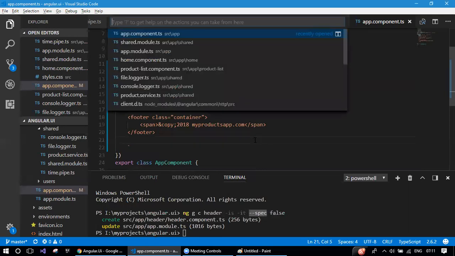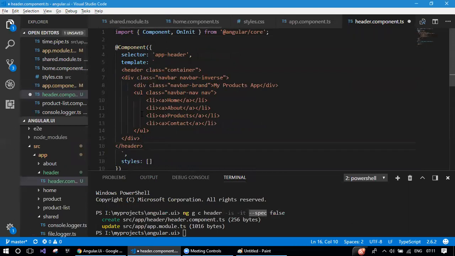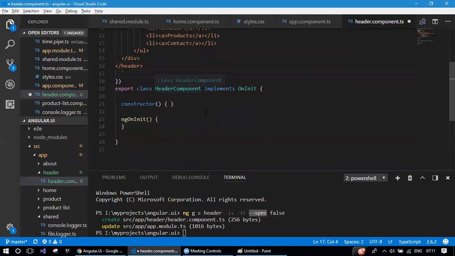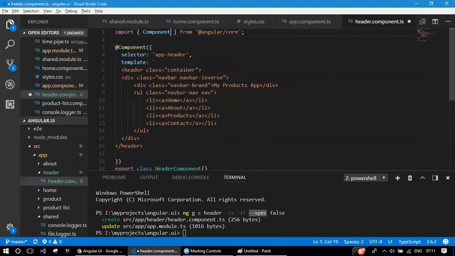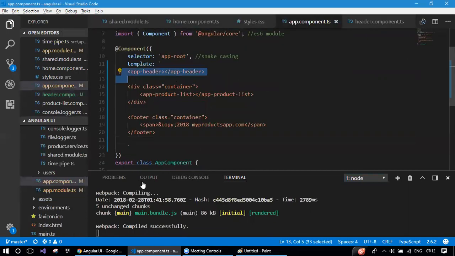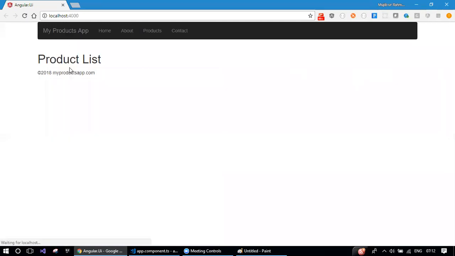Now go to header component and try to paste the code that we have copied. Just get rid of the code that is not necessary. This component is going to be dumb. It will not have any logic. So no need of a constructor, nor do I need any other method. Okay. With this in place, our app component is clean. And I don't see any difference. Right. Now let's go ahead